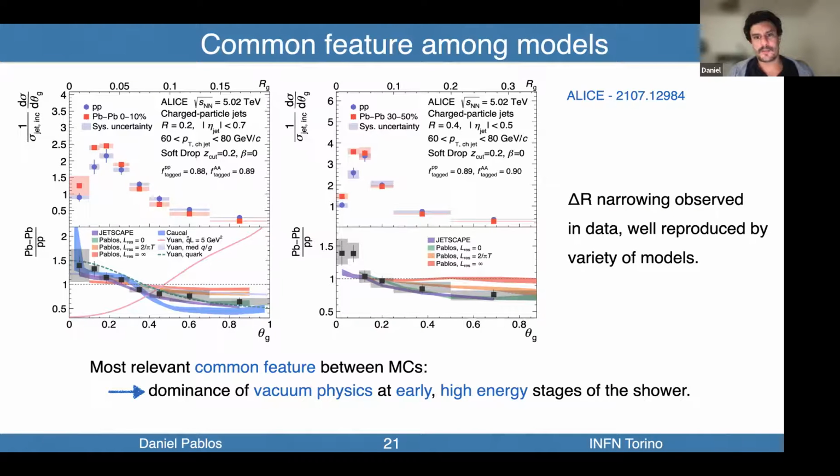So there was this recent measurement by ALICE about the groomed radius that we have just described, and here in the x-axis is the groomed radius. You can do this for Pb-Pb over pp, as I just presented, and many of the models do share the same feature in which there has been a narrowing. Large groomed radii are suppressed, and in particular, if you assume, like in this calculation here, that you only have broadening, you have a single emission that can broaden without considering the quark-gluon fractions.